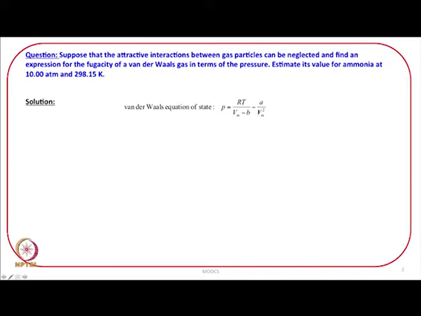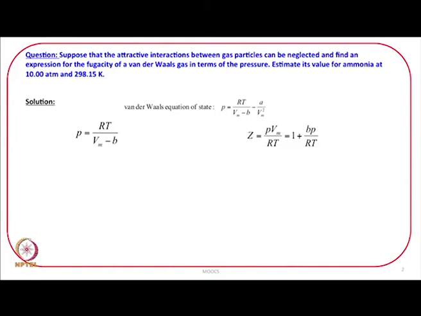And what we have been asked is to get rid of a. We can just ignore this a by Vm square, because we are told that attractive interactions can be ignored. So, what is the remaining part now? Only the first part, P is equal to RT by Vm minus b. This is the equation of state for the gas that we are going to use,